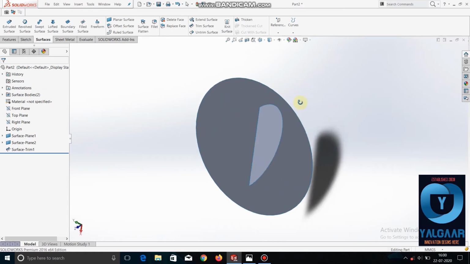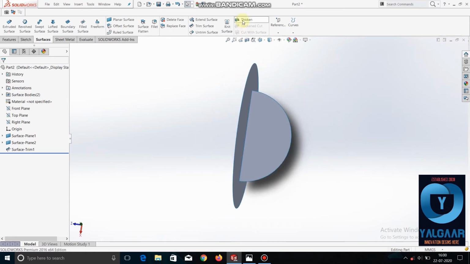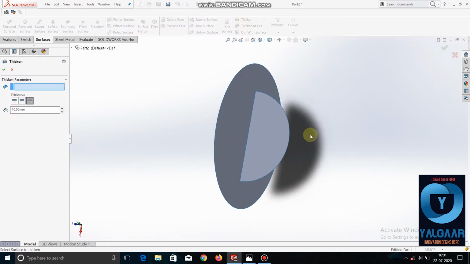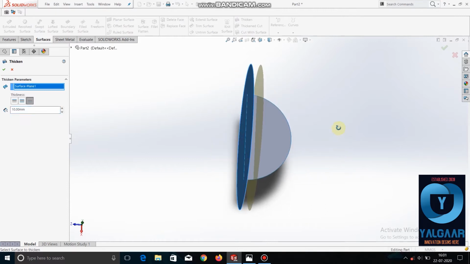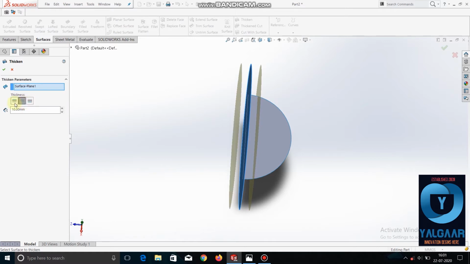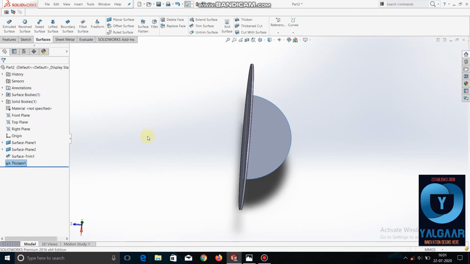So let's see how to thicken these. Now select this and select this. Now see, it has become thick. You can see the thickness.